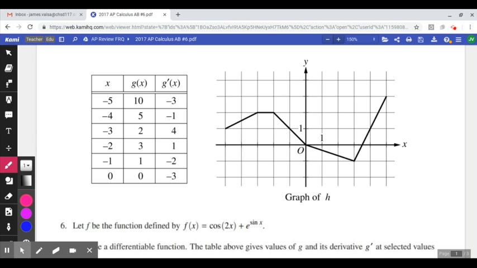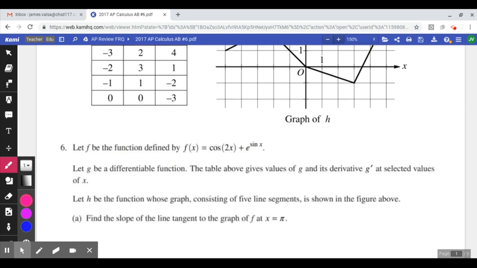In this question, we're working with the 2017 AP Calculus AB free response question number 6. As it is question number 6, this one is non-calculator. If you take a look at the prompt here for this one, we've got a table of values for g and g prime. Then we have a graph for h, and also here we have f as a function defined